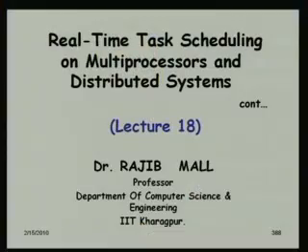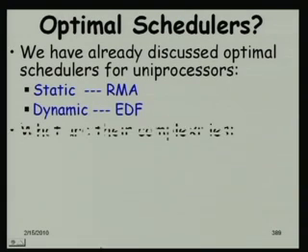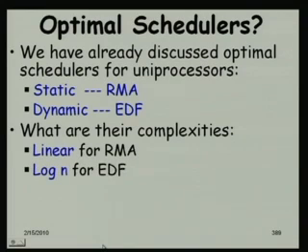Okay. So, let us get started and we will continue our discussion from the point we discussed last time. If you remember, we were discussing task scheduling in multiprocessors and distributed systems. We had said that for uniprocessors we could discuss just two algorithms. One was an optimal scheduler for static priority algorithm and one for dynamic priority algorithm, and that summarized our discussions on